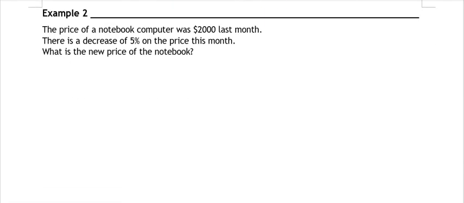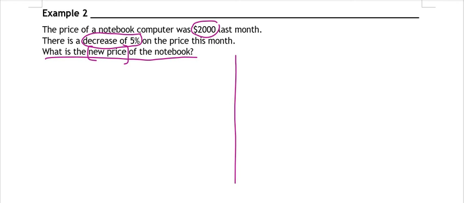Now for the next example, example number 2. Here the price of a notebook computer was $2,000 last month. There is a decrease of 5% on the price this month. So the question is asking you to find the new price of the notebook. Now here, like last time, you have two methods. So here I will just split this paper. Now method number 1